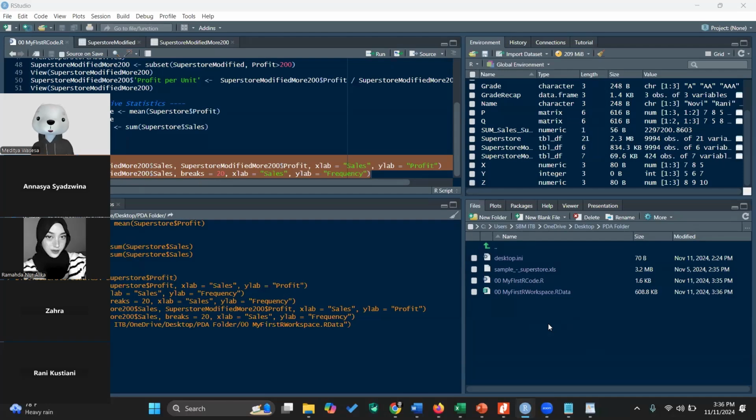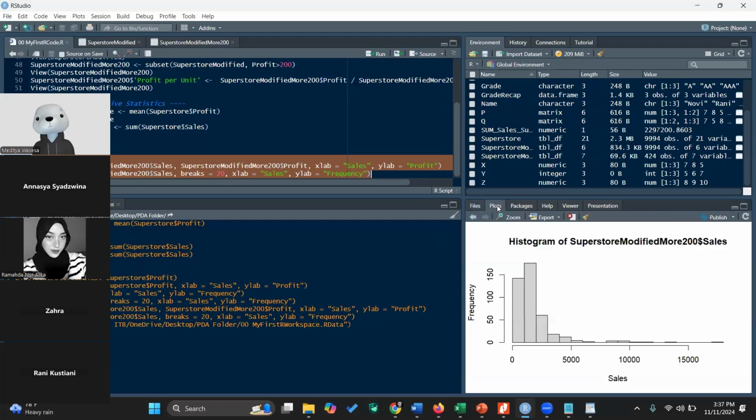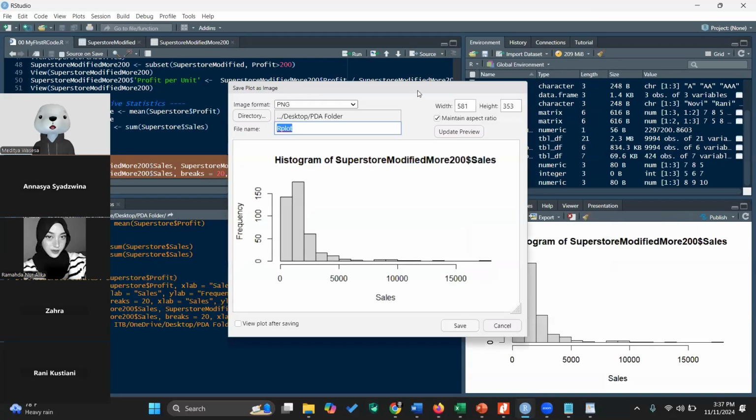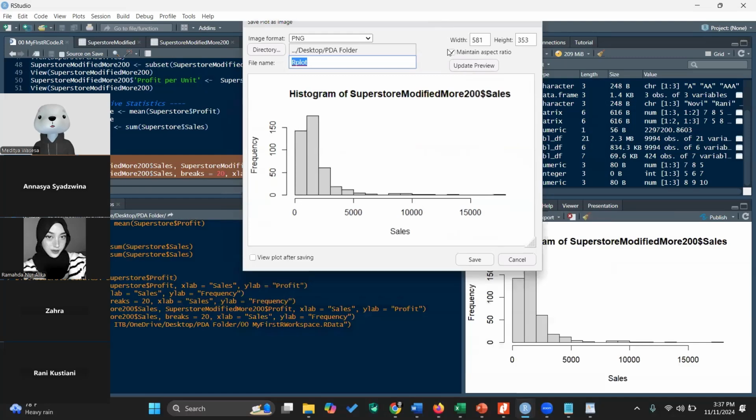I would like to also save the plot. That's really important. How to do that? For the plot, for example this, you can do export, and then save as image. Then you can resize it or else.